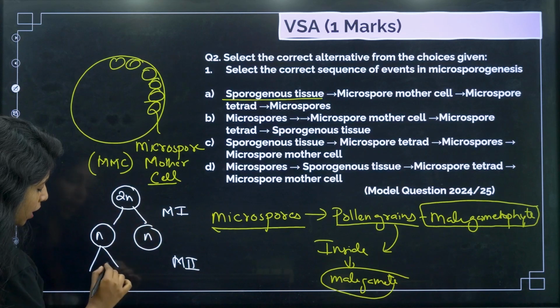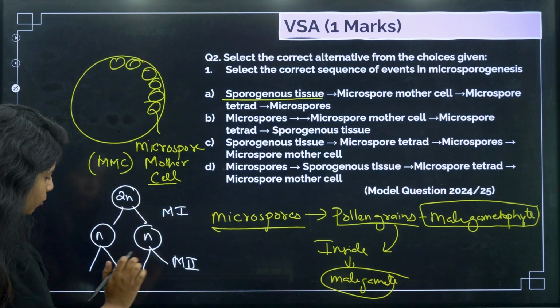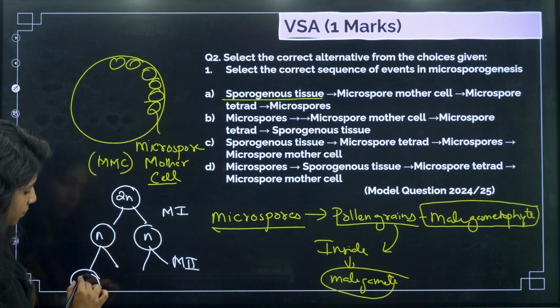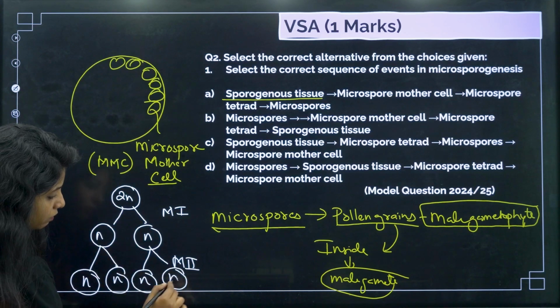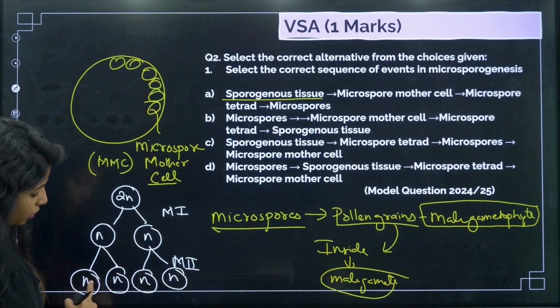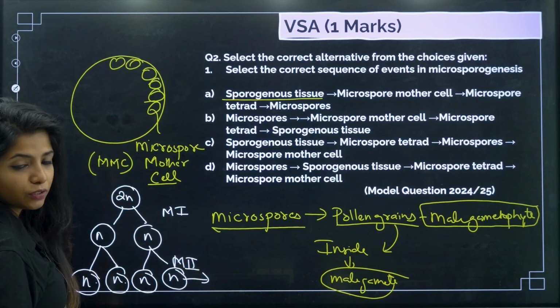Then this will undergo the second round of meiotic division. Do you think it will again halve itself? No. Now it won't halve. It will be just like this. So there will be n, n, here also n, here also n. But how many of them are you getting over here? 1, 2, 3, 4, ma'am. So these 4 things,